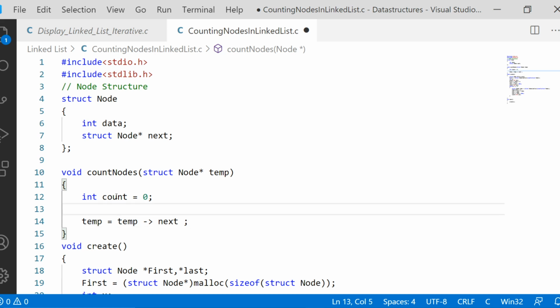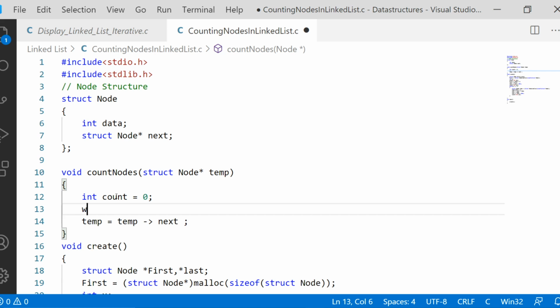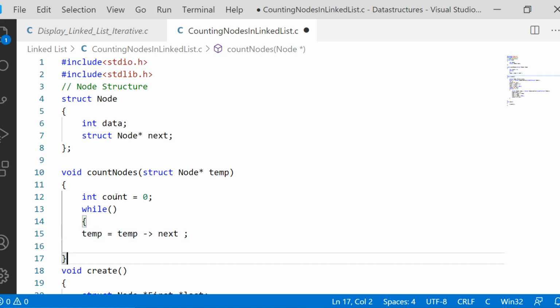But this process of moving from one node to another should be carried out not only one time, but many times. So I'm enclosing this process inside a loop, and I'm choosing a while loop. The reason is that we do not know how many nodes a user is going to provide, so we do not know the finite number of steps we are going to carry out.